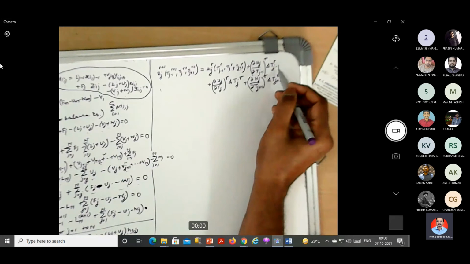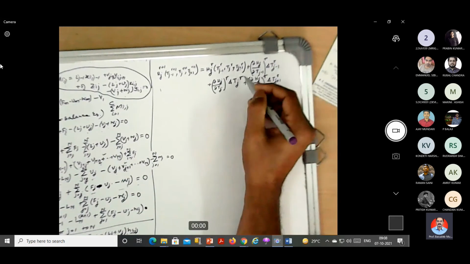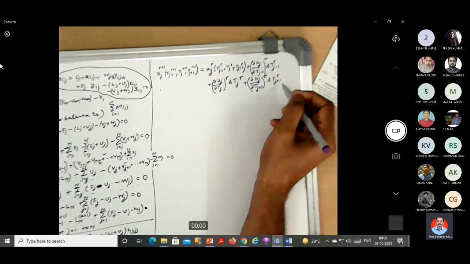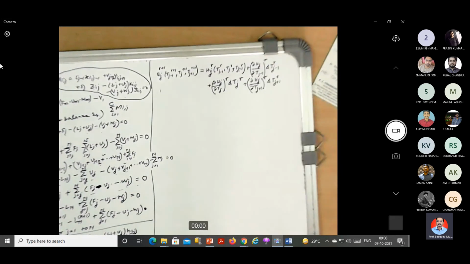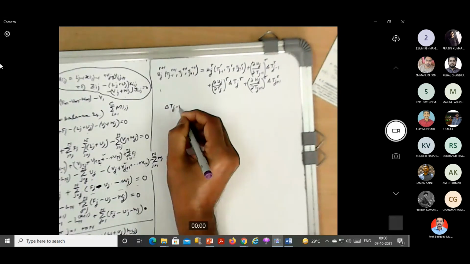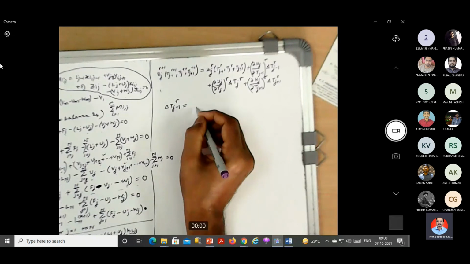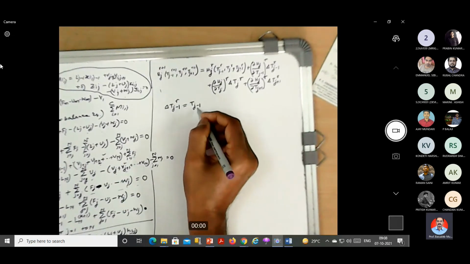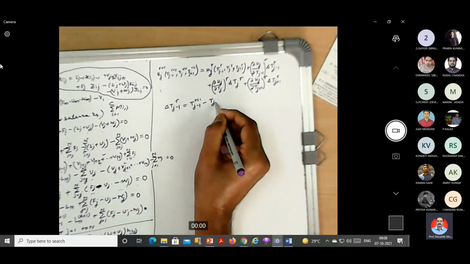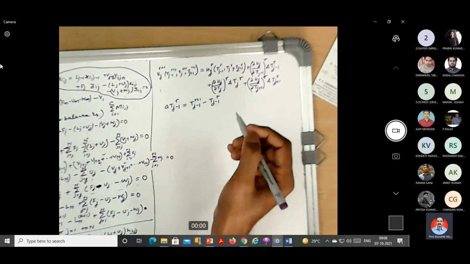I will define what is delta Tj minus 1 r, delta Tj r, delta Tj plus 1 r. Okay, that I will define soon. Now what is delta Tj minus 1 r? Delta Tj minus 1 r is nothing but the temperature difference for the j minus 1 stage temperature between two iteration levels. Okay, so this is the definition of delta Tj minus 1 r.